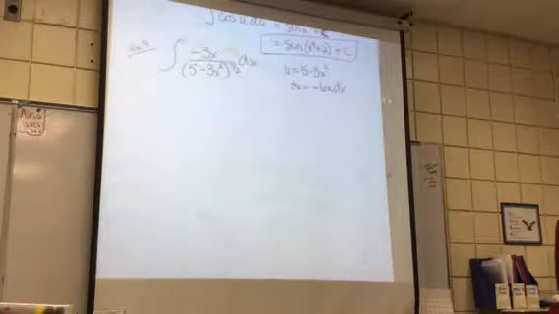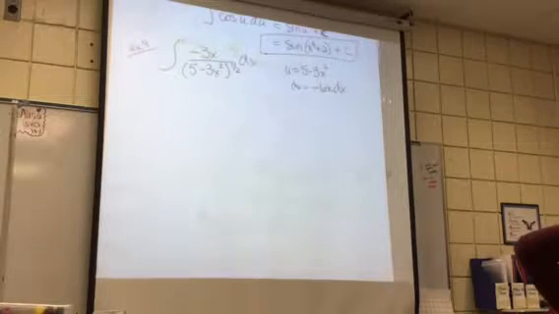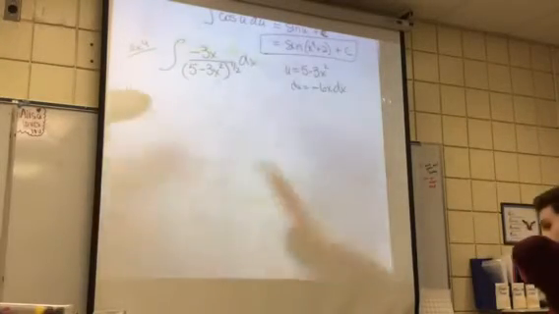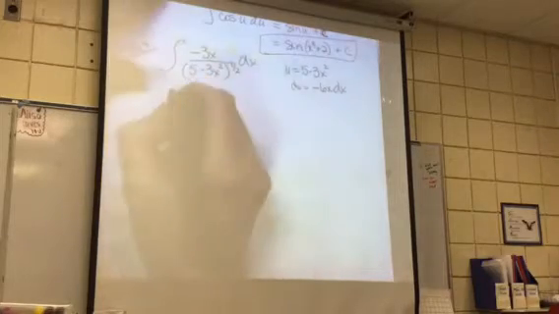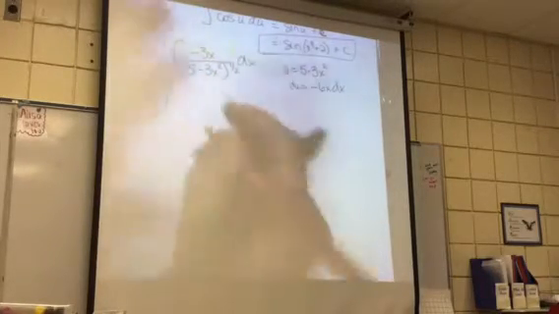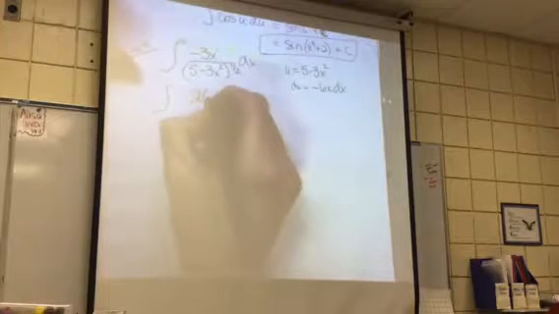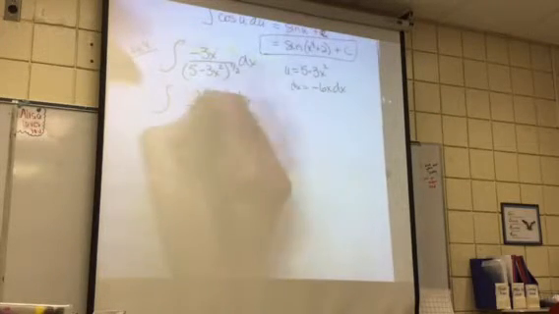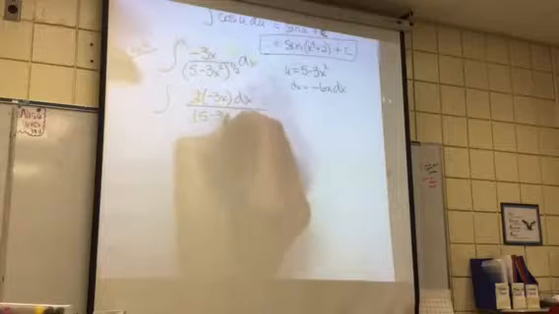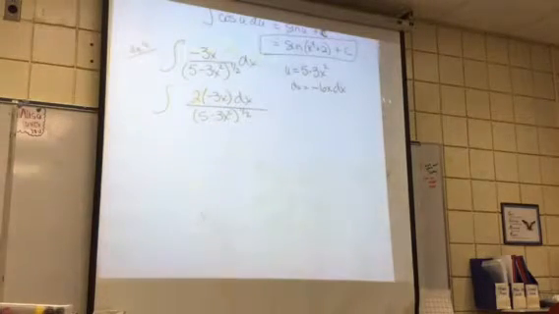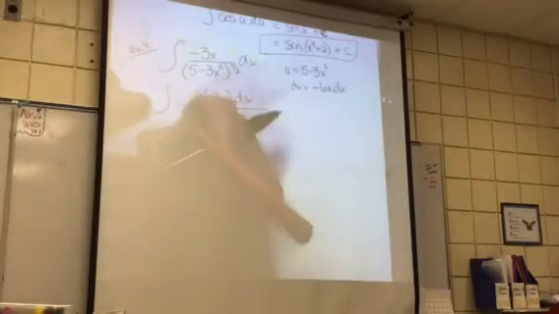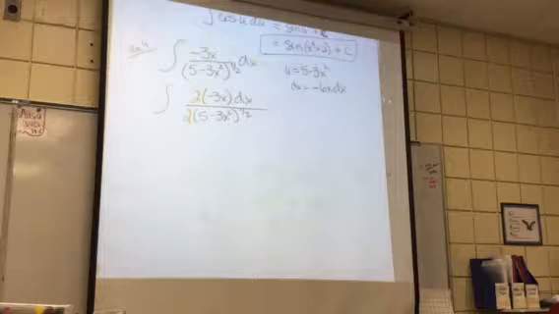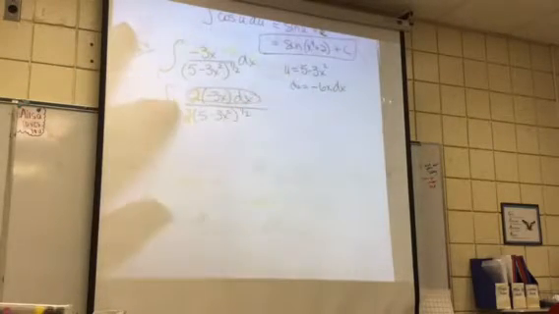Well, if I multiply it by 2, aren't I going to change the value of the function? Yes. But don't I need a 2 in there? So here's what we're going to do. How about if I multiply it by 2? But isn't that changing the value of my function? If I multiply it by 2, I would also have to divide it by 2. Is that changing the value of my function? No. I've really multiplied it by what value? 1. Just 1. Now what I can do is group all of this together,